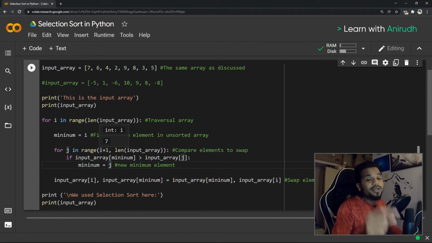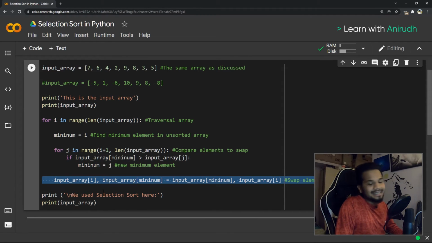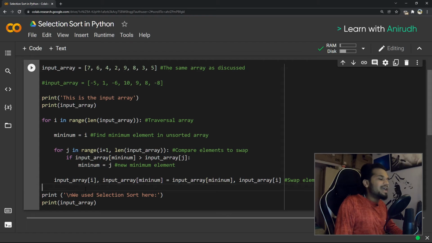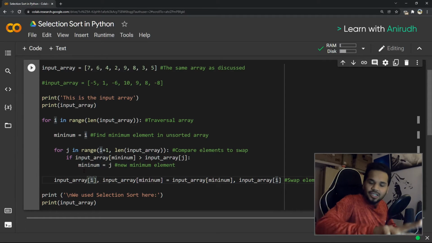You remember we were doing swapping in the right side array, in the unsorted array. After that, what did we do? What we finally did is very simple. All we had to do is take that and place it in the sorted array. Now this line does exactly that. So every time you're traversing through the elements, find the most minimum element, find out where you are traversing in the loop, just swap it.